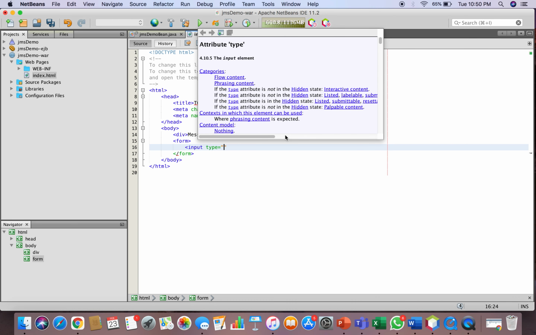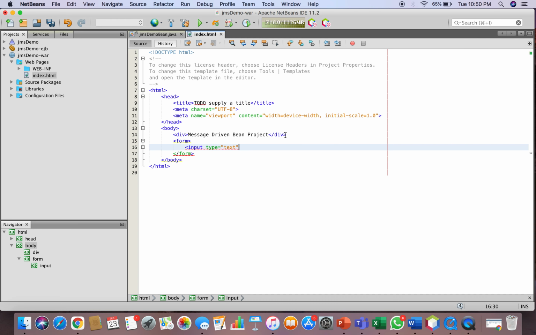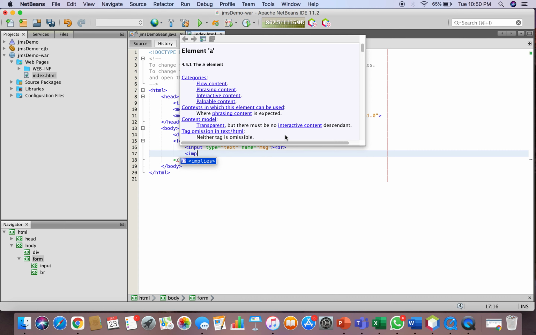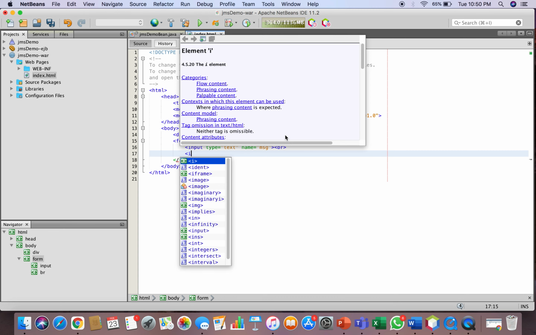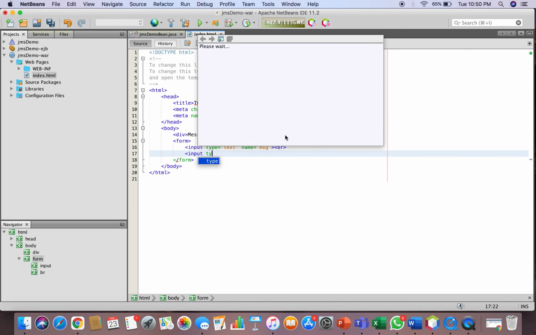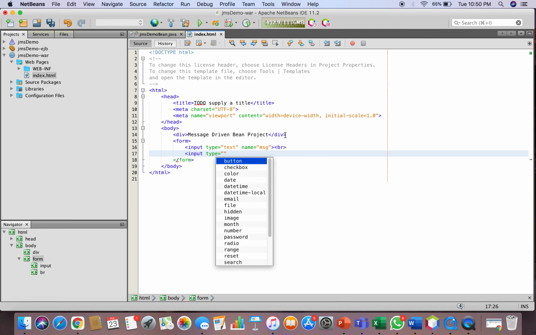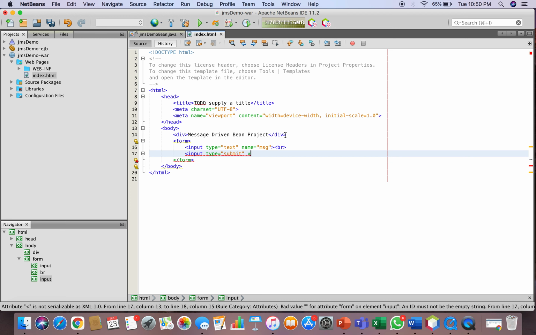So I will write input type is equal to text, name is equal to message. Let's just give a break. Then input type is equal to submit, value is equal to the text that you want to print on the button. Okay.